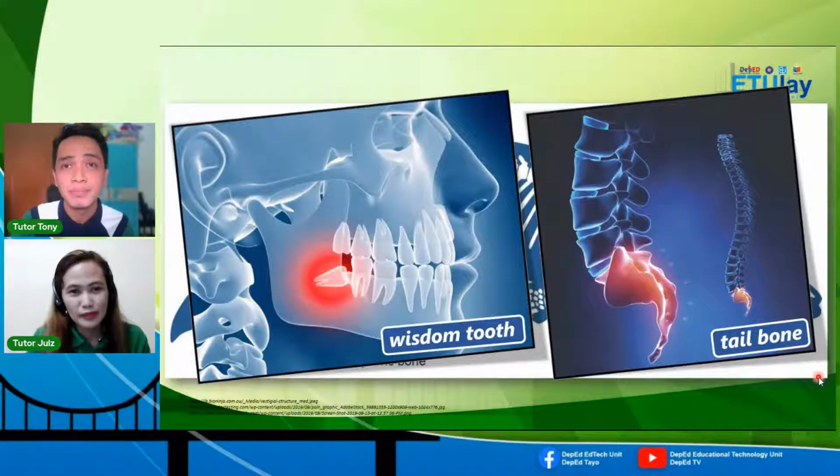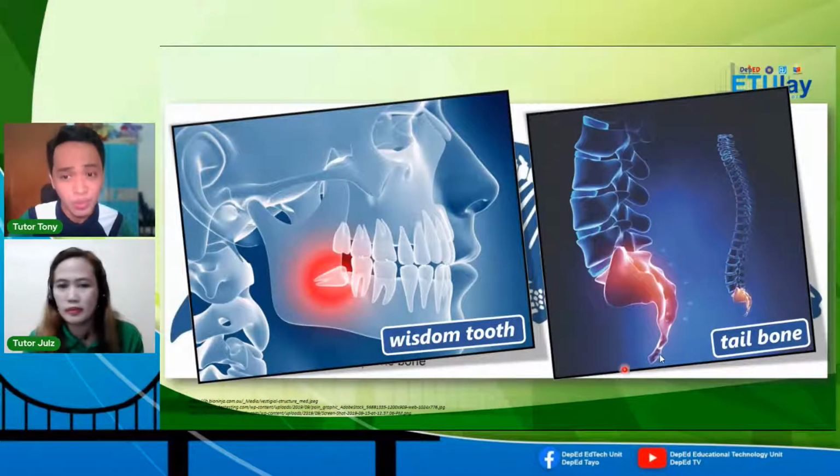Kasi, di ba, before the early humans, they do not cook their food. So, talagang patibayan ng pangil, di ba? They used to use those molars, yung pinakalas na molars na wisdom tooth. Rough and coarse food daw kasi dati. So, they needed to chew a lot, solid talaga ng kinakain nila. So, naging considered na siya as vestigial structure, the same with our tailbones.